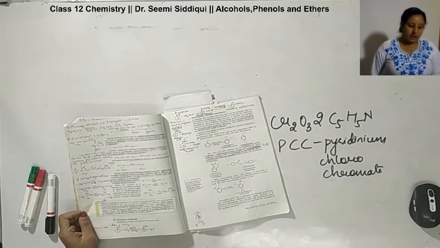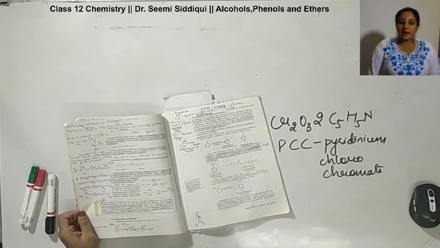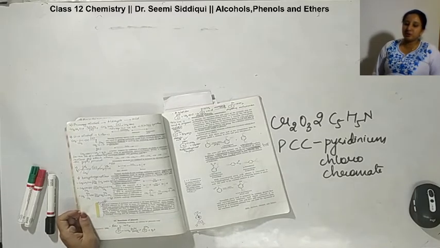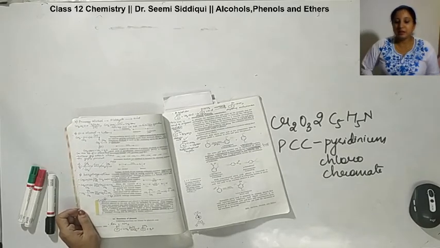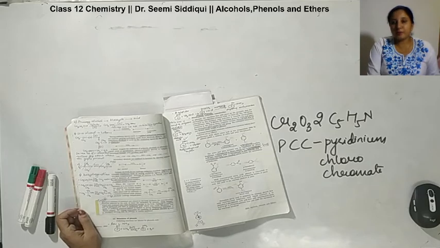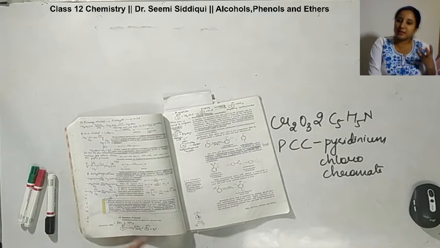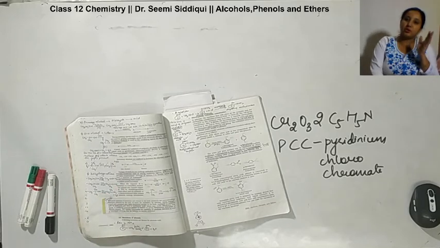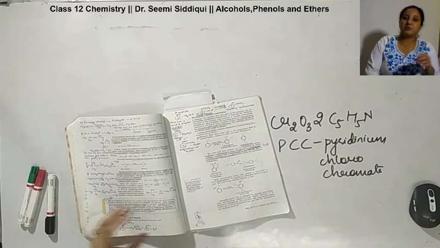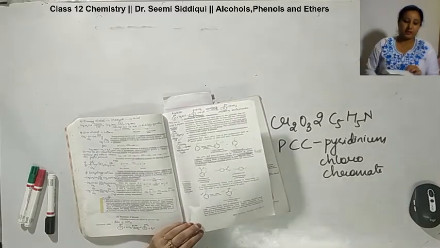Okay. Then coming to the phenols. Phenols में main reaction was the electrophilic substitution reaction. Electrophilic substitution we have done that it is due to the resonating structure, it has the ortho and para sites as the activated sites. So जो भी substitution होगा it is going to substitute at the ortho position or the para position.